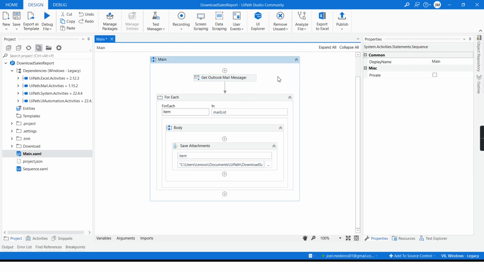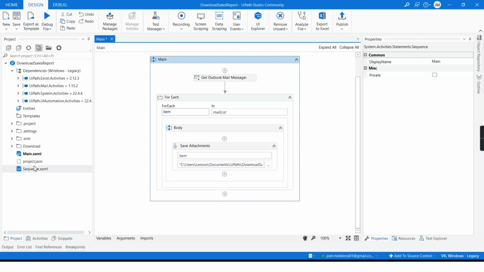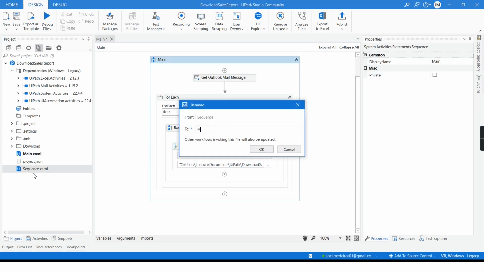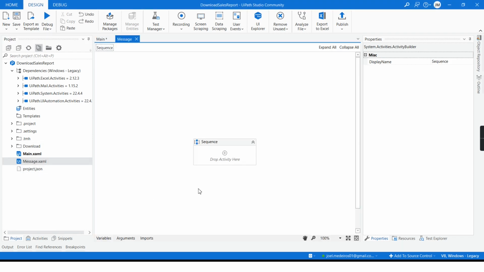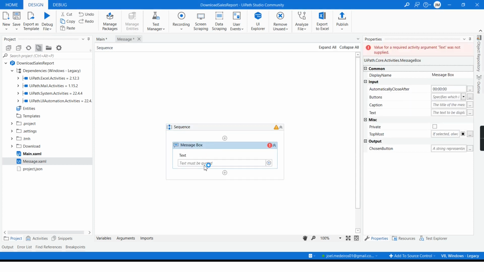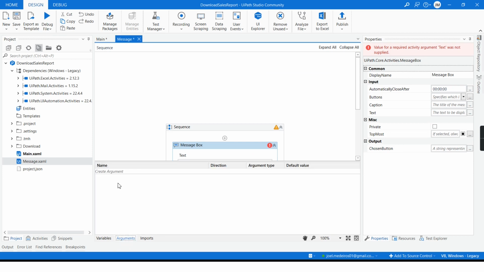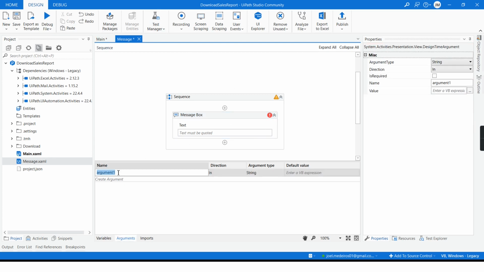Let's suppose in this scenario I have to print or log a message. Let me rename this sequence to message. Let's suppose I want to pop up a message right here. I don't have anything inside of this workflow, so I will create an argument, in message.